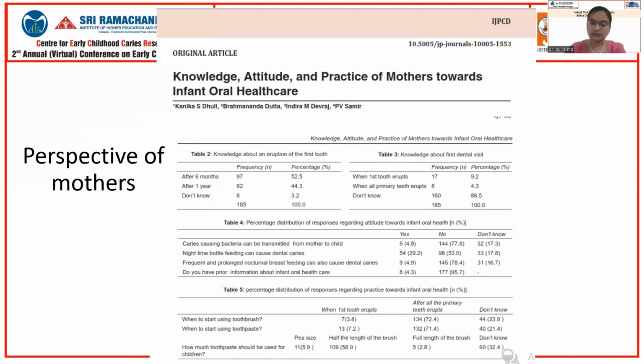Now let us see. So these were the recommendations from the policymakers. Let us see what is the perspective of caretakers of the child towards infant oral health care. A study was done to know the knowledge, attitude, and practice of mothers towards infant oral health care, and the results showed that